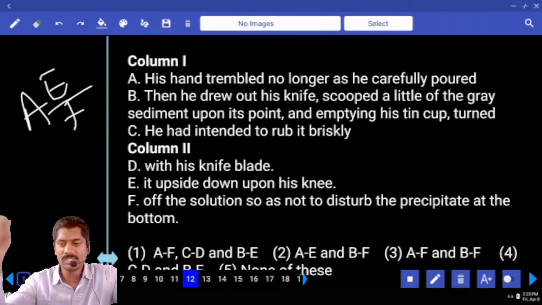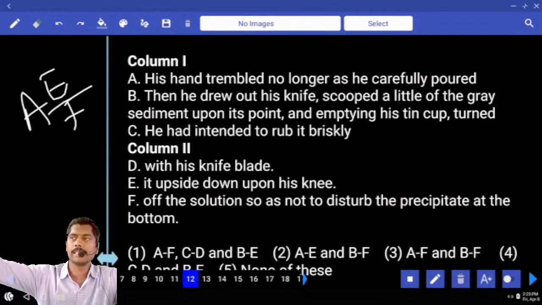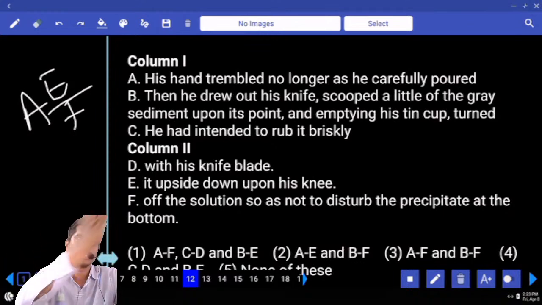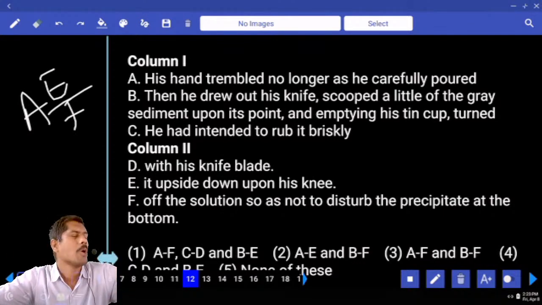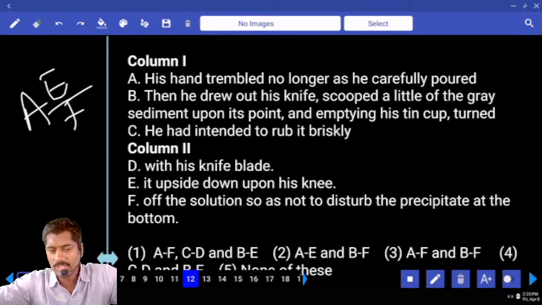Then he drew out his knife, scooped a little of the gray sediment. Do you know scoop? Taking something like this. You take something like this, it's called scoop. How is ice cream taken out? That's why scoops. Scooped a little of the gray sediment upon its point and emptying his tin cup, turned